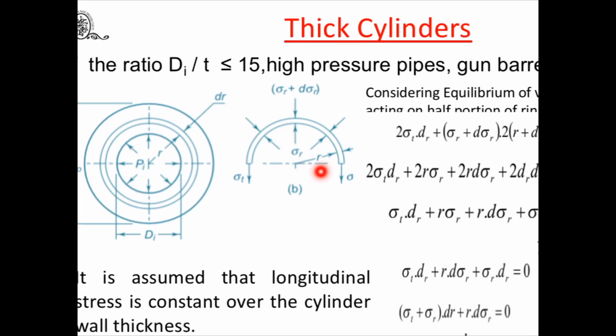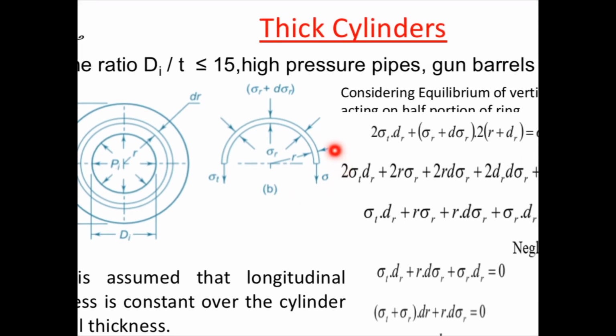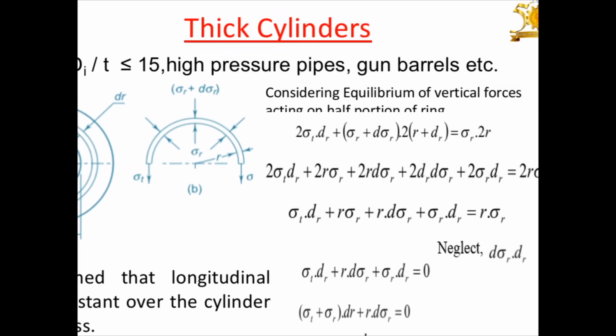Now here, this is R, then sigma R, and dr is the elemental ring, and this sigma R plus del sigma R is the stress. Now what we have to do is consider the equilibrium of the vertical forces acting on half of this ring, with sigma t acting towards this side, then sigma r plus del sigma r. So let us consider the equilibrium of vertical forces: 2 sigma t dr plus sigma r plus del sigma r, which is acting outward, into 2 (r plus dr)